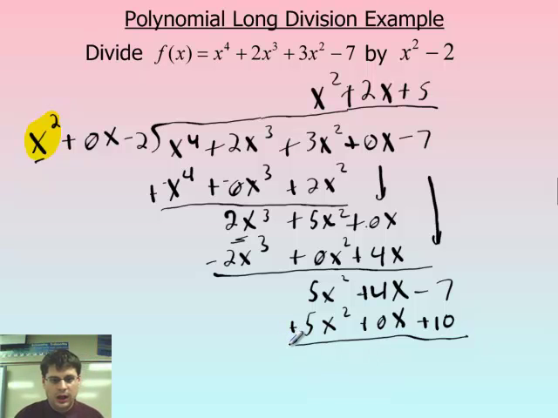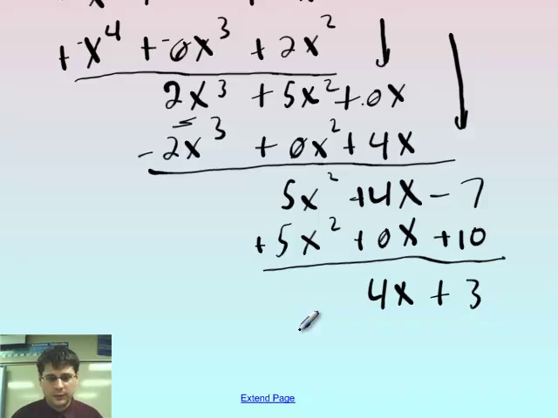So then the first terms cancel out, and that's going to leave me with 4x, and that's going to be positive 4x, and then plus 3. And that's what we're left over. It's a remainder. So therefore,